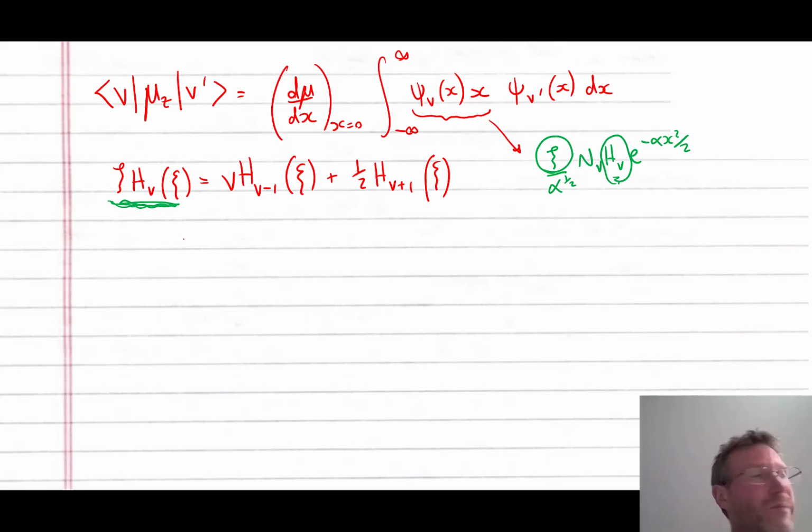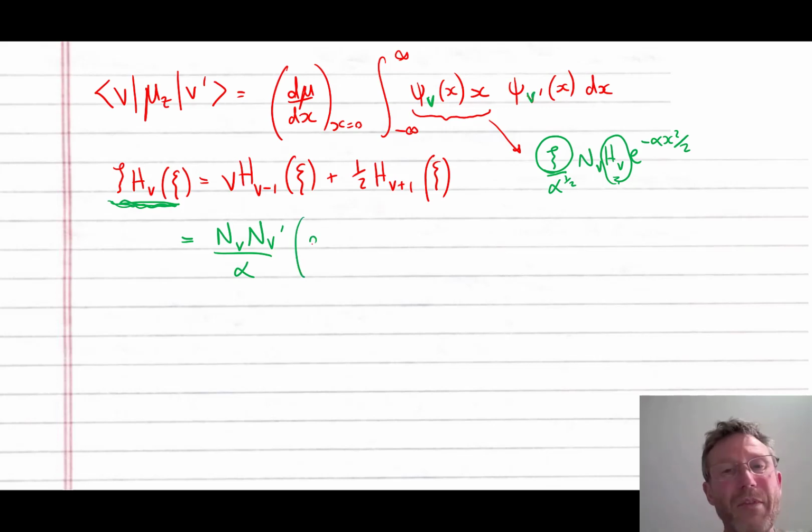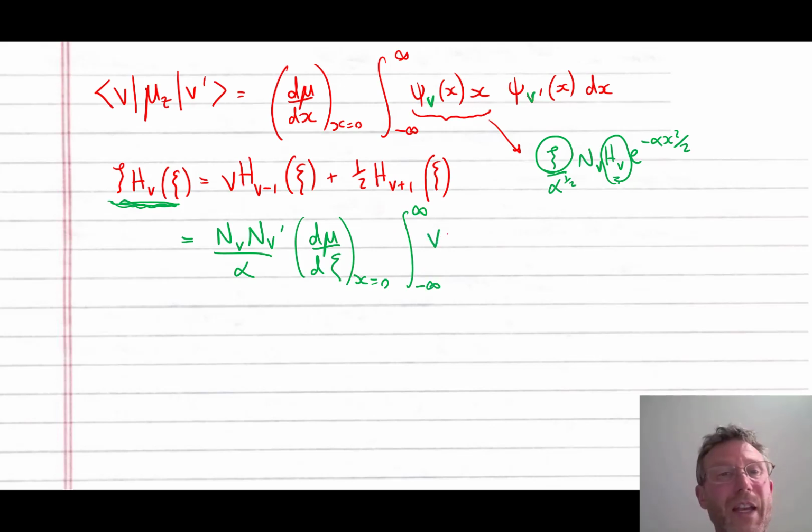So this leaves us with, when we expand this all so that we have our normalization constants, by the way, because remember, we've got two quantum numbers in here. And then we've got the d mu by d xi. We're going to replace the x with the xi across the board. We've done this in previous slides, so I'm going to jump through it fairly quickly. And then I'm going to replace this, right? So I'm substituting now